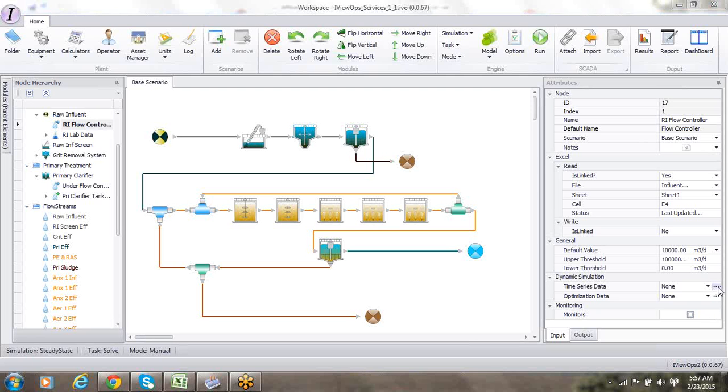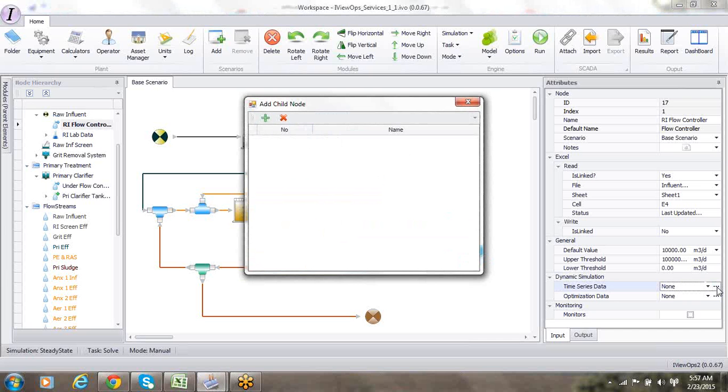Now you see these three dots, and you should look up the user manual too. I think it's in user manual part 1B, the dynamic simulation. It's either in 1A or 1B, but I'm pretty sure it's in 1B. So click on this. It opens up this add child node, and click on the plus sign, and it asks